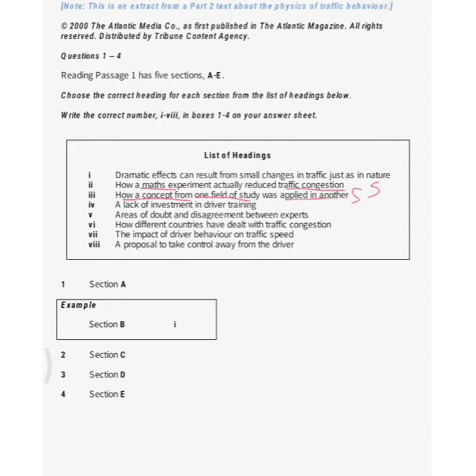Now the fourth says a lack of investment in drivers training. This is a completely different information. So there's a training kind of given for the drivers, as this passage is about traffic, I guess. So it will be like the training to the driver. There will be a talk about training. Now the fifth is areas of doubt and disagreements between experts. Now a disagreement. Similarly, two things were there within a similar kind of options. Now but the fifth says a doubt and a disagreement.